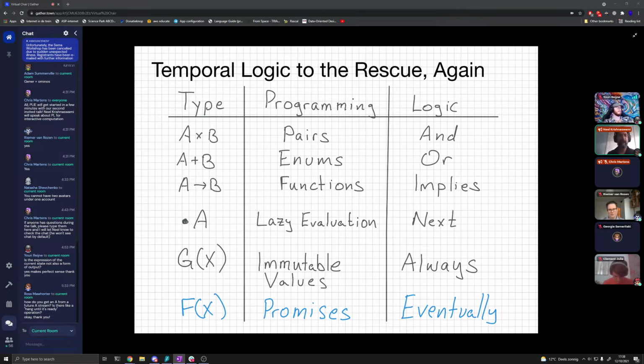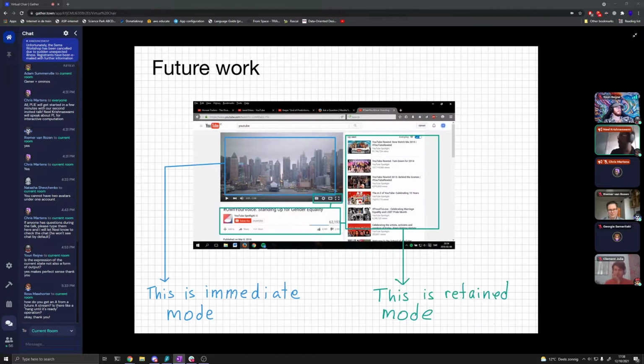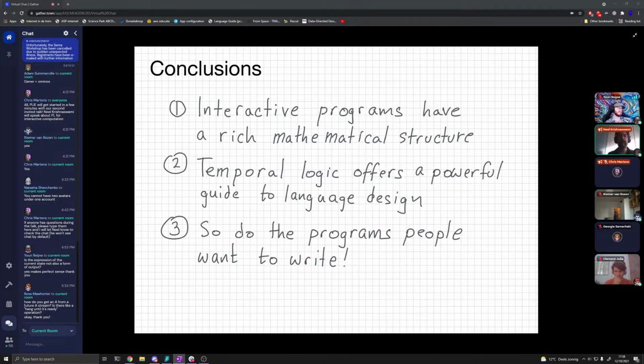And there's still some future work about how do we relate these two views of the world, about the things that happen in a retained mode, where things sleep until something happens, versus the bits where something updates 60 times a second and you don't want to wait. You want to do things straight away. And so relating those two things is hard, but it's something I hope to look at in the future, and I'm very excited about it because there are all these connections to temporal logic.